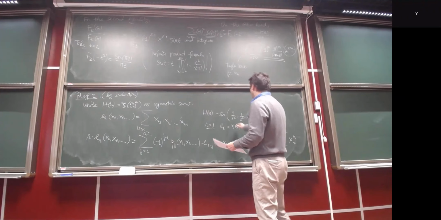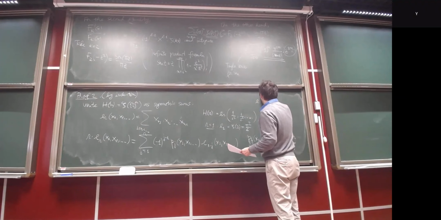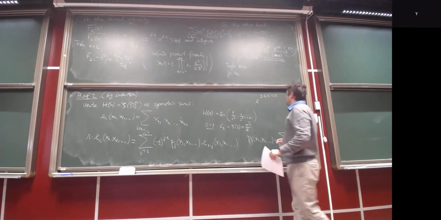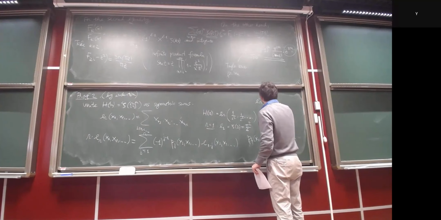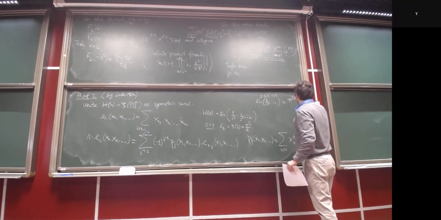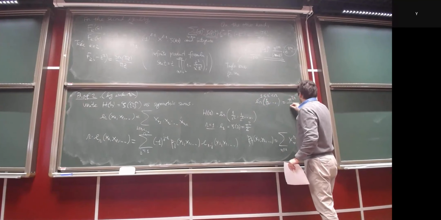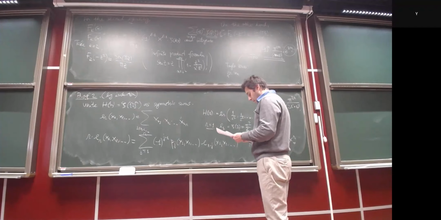So I assume by induction that all values for an R prime between 1 and R, less than R, is exactly pi to the 2R prime over 2R prime plus 1 factorial. And I'm trying to prove this. So using this, I will have something like